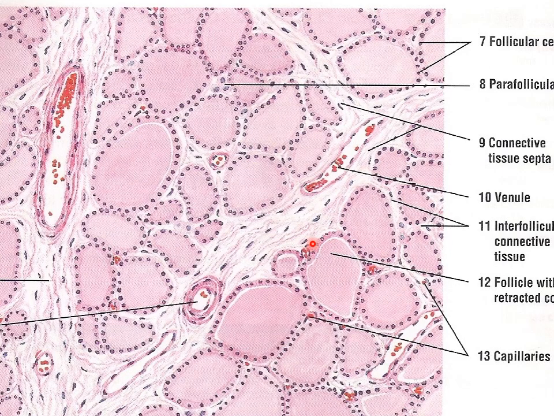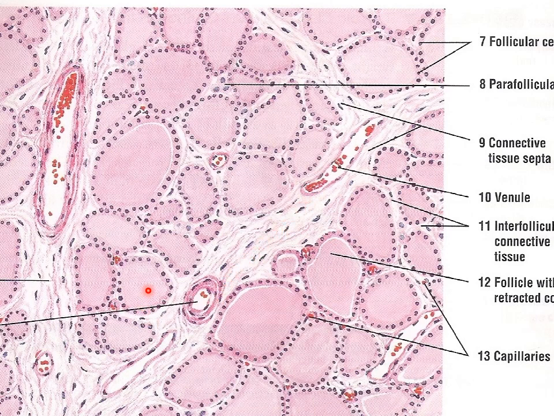Now here you can see the histological picture which you have to draw in your copy, showing you all the components. This is the parenchyma divided into lobules through these connective tissue septa which extend down from its capsule, and in these septa you can appreciate these blood vessels. These are the blood vessels here again. So that is actually the fenestrated type of capillaries which are surrounding and lie along these connective tissue septa.